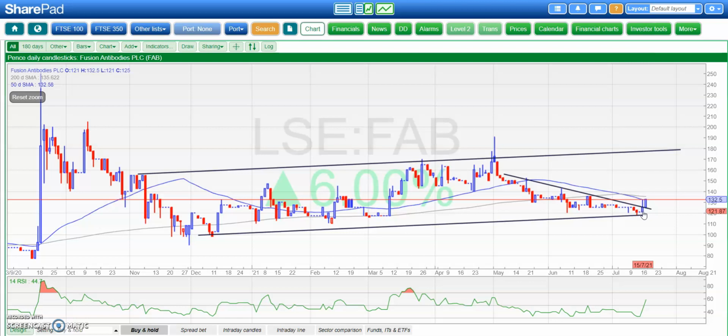and it looks as though, despite last week's lack of volatility in the market, or lack of volume in the market, we've broken a trend line there from May. That was around the 125 level, and above that, we can see the shares flip up towards the 180 level again over the next month or 6 weeks. I suppose there's a 10p spread there, so one has to factor in that kind of thing if you are